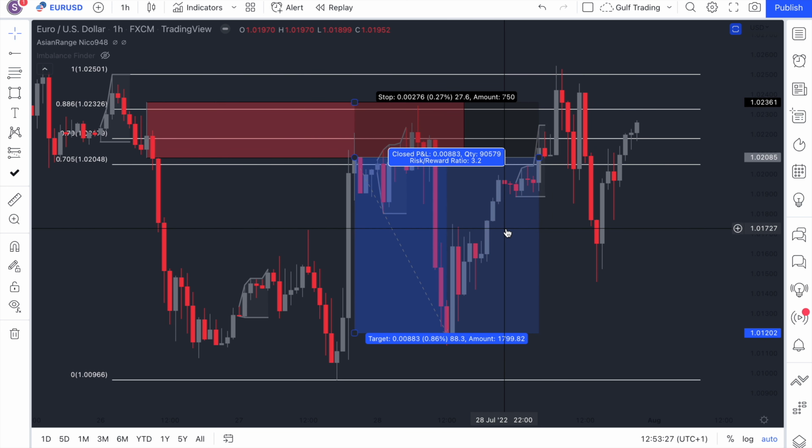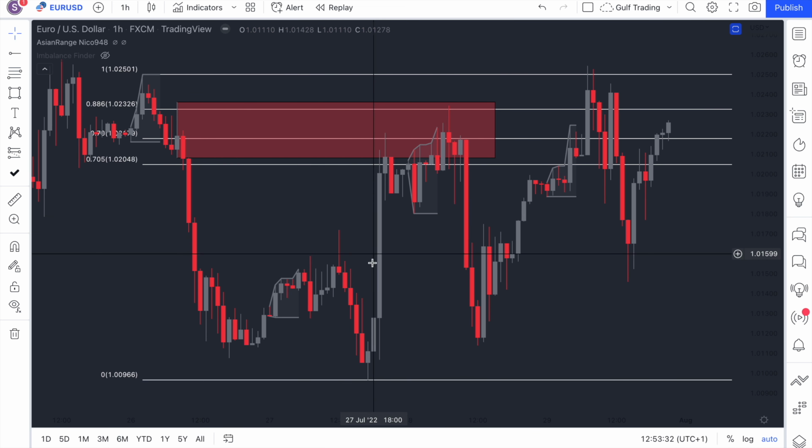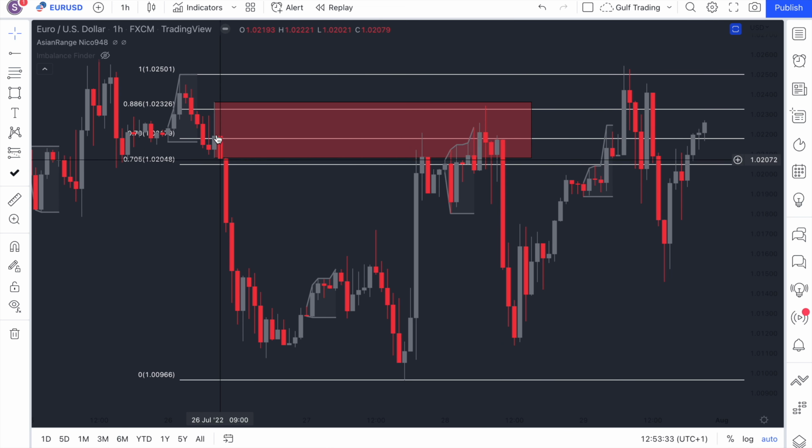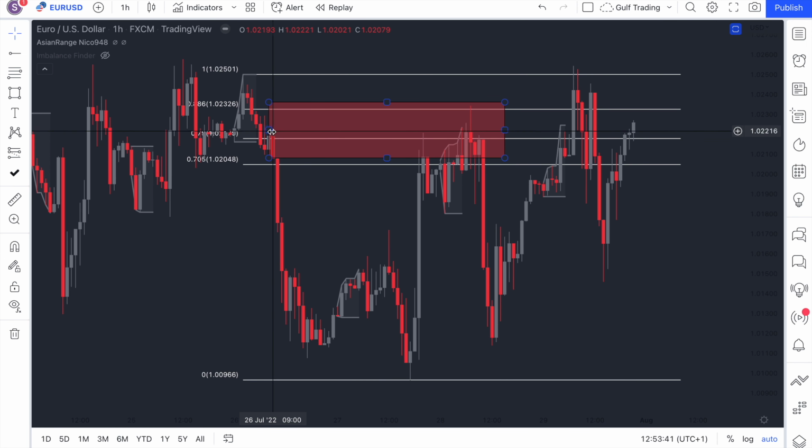But what I did is I waited for some lower time frame confirmation when it came back into the zone. But this order block is valid, it's above the 70.5%, and that's the main theory behind this concept. And what you want to be doing is looking for your supply and demand zones that are within this area, not what other people call the golden zone, between the 38.2 and the 61.8, because you're going to get lower risk reward and lower win rate,